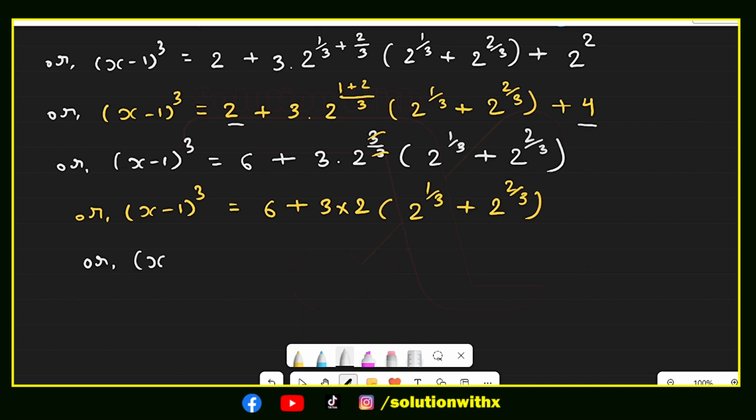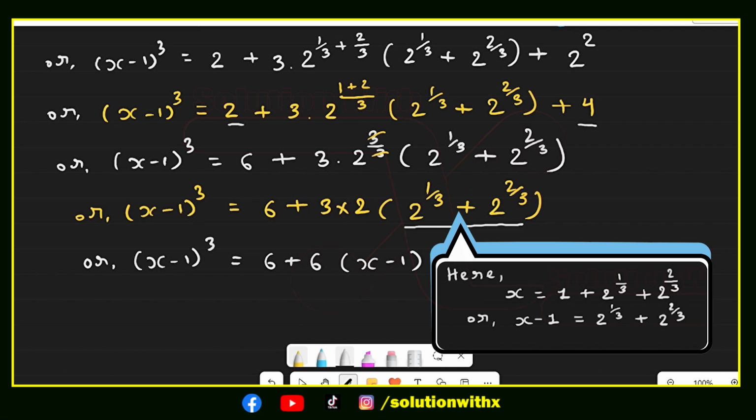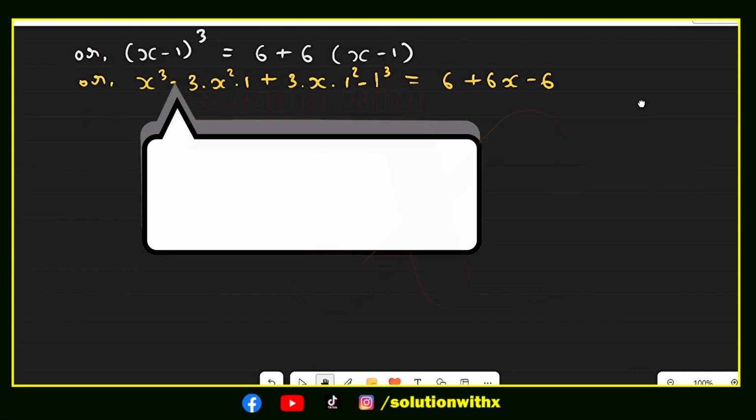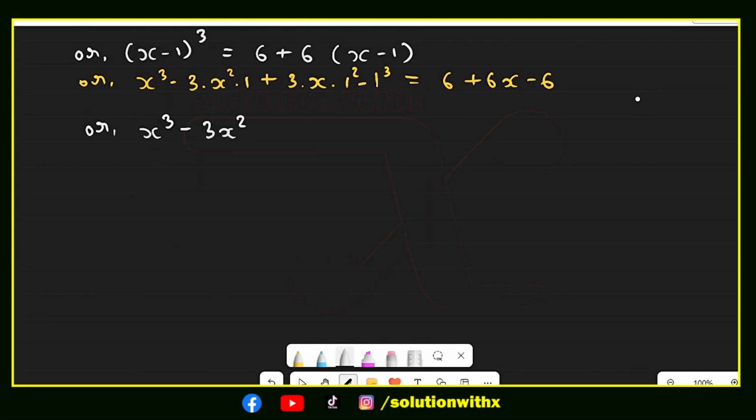Let me go down, and (x minus 1) whole cube equals 6 plus 6 times, well, in the beginning we took 2 power 1 by 3 plus 2 power 2 by 3 equals x minus 1, so we are putting the value and opening the (x minus 1) whole cube. Here we have this formula. Well, we use (a minus b) whole cube to open the (x minus 1) whole cube, just like the formula is shown on the screen. Solving this, here we get 6 gets cancelled, 6 left,